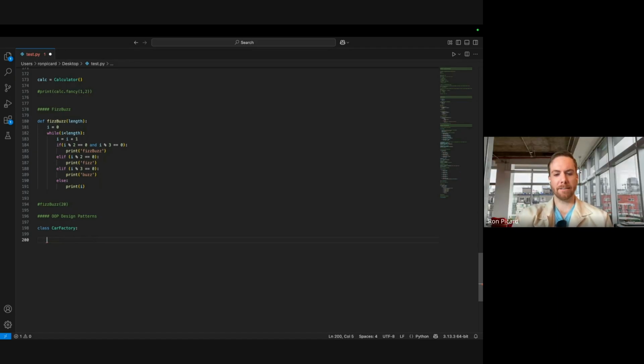We're going to create our car factory. First thing we need to do is create the frame of the car. So I'm going to have def, and it's usually like create frames. We might even want to have a variable that's like style. And then we do if style is equal to car, then return